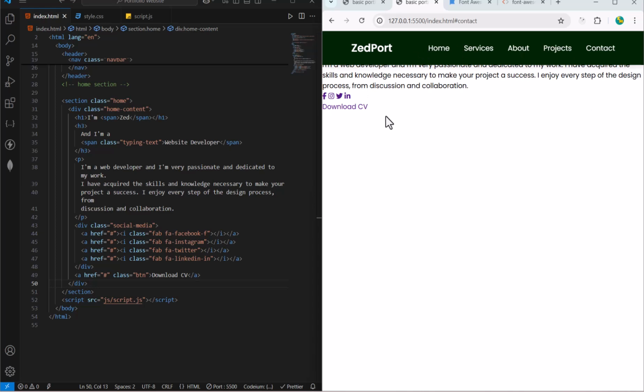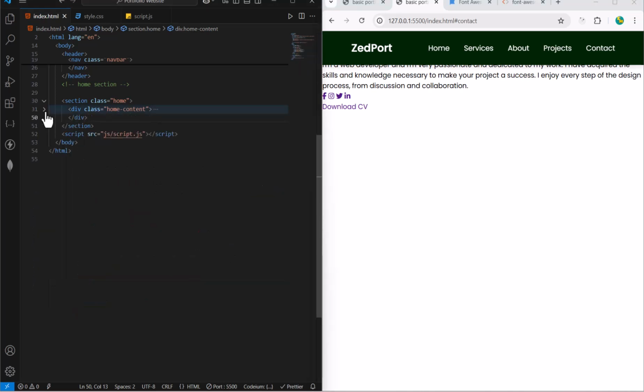This is the text right here, and here we have different social media icons like Facebook, Twitter, LinkedIn, and more. And we have a call to action button, Download CV. After that, what I would like to do is, outside of this home content, we are going